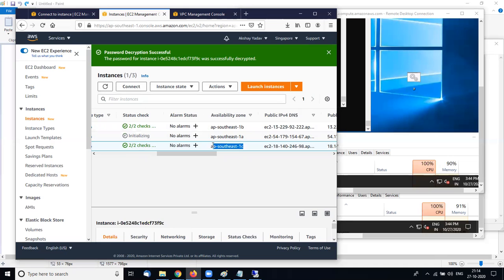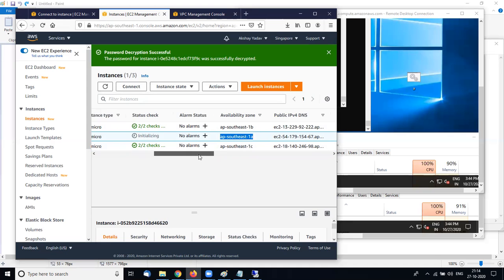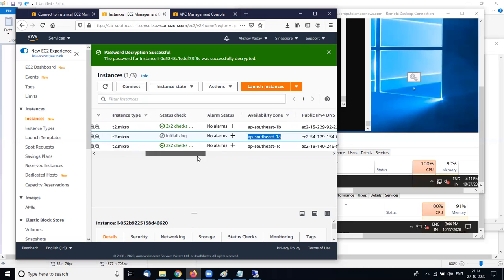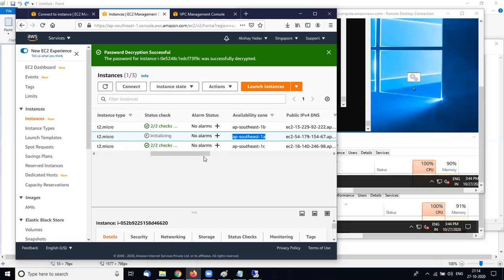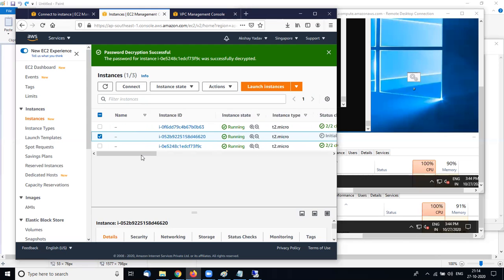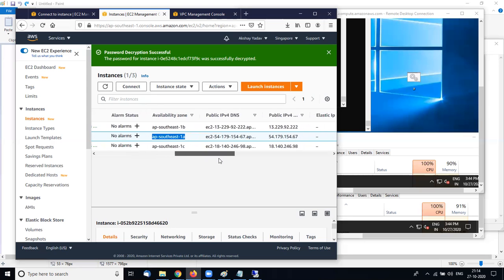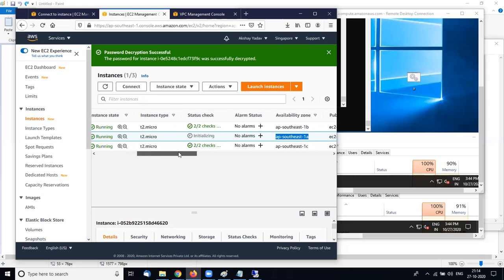The auto scaling group launches an instance in a different availability zone automatically. If the auto scaling group requires more instances, it will create more instances for us.